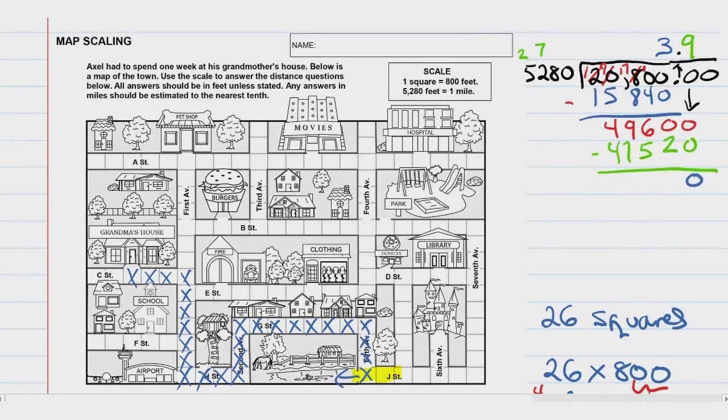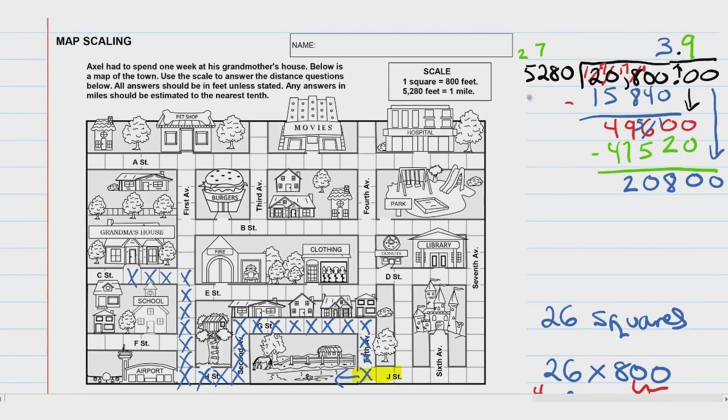0 minus 0 is 0. We cannot do 0 minus 2, so the 0 turns to the 6 and says, can I borrow from you? And the 6 says, sure, I'm big enough. So the 6 turns into a 5. The 0 turns into a 10. 10 minus 2 is 8. 5 minus 5 is 0. 9 minus 7 is 2. We bring down this other 0, and we get